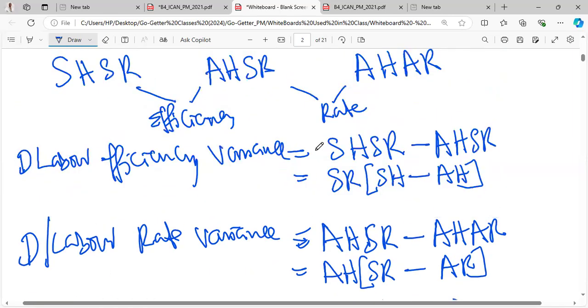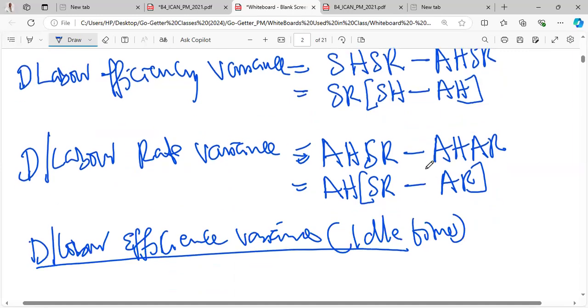If you look at efficiency variance, it's the same thing here, but you simply say idle time variance is the same thing as the standard rate multiplied by,